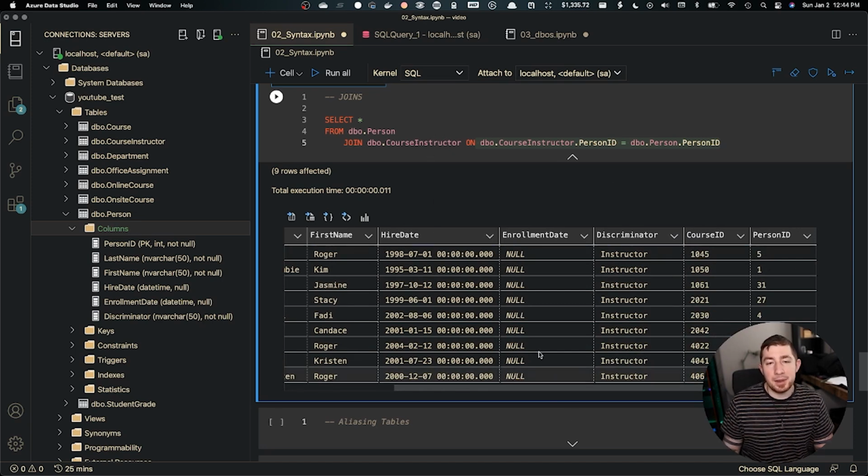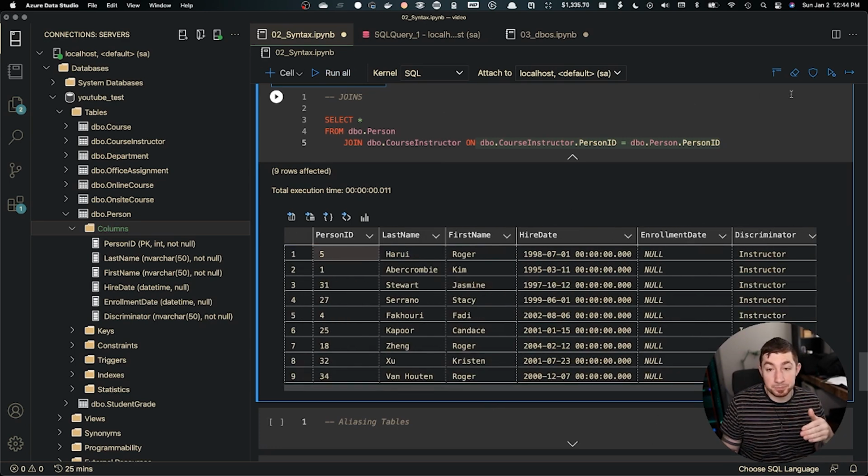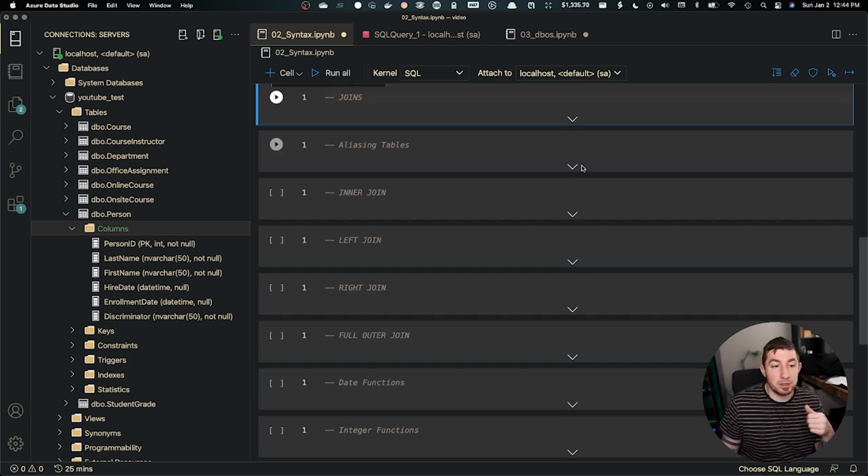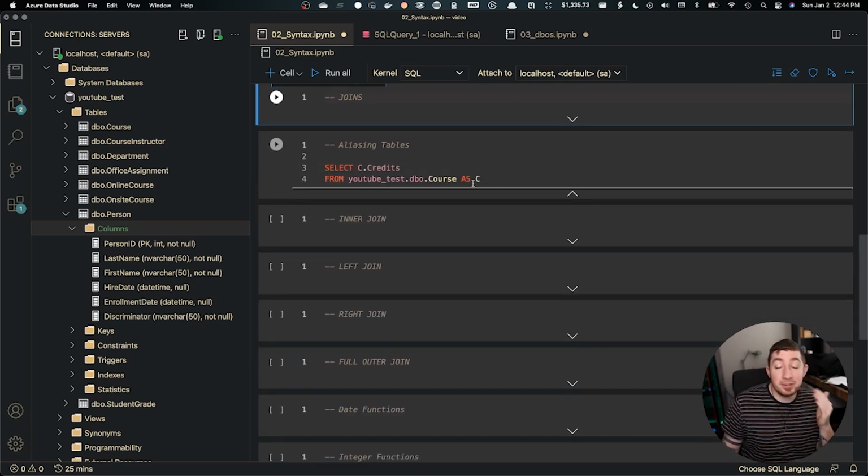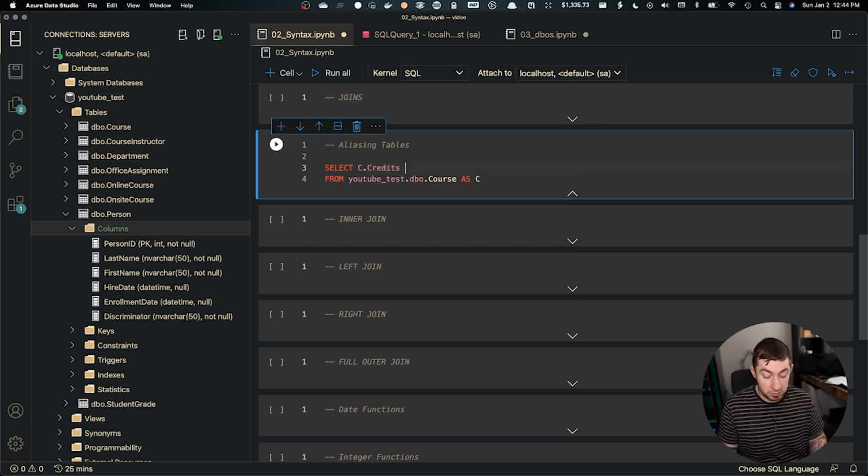Okay, now what if you only want certain columns from a certain table that you've joined onto? So let's actually go to alias tables. This is actually something useful. Just like when you can alias a column to something else, as credits. What is this C dot here? If you start doing lots of joins and you're joining like 15 tables, you need to keep track of which fields are from which table. That's when you actually rely on table aliases so that you know which things came from where. So if I run this,